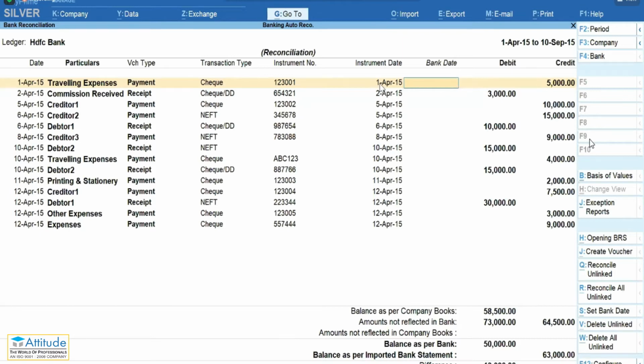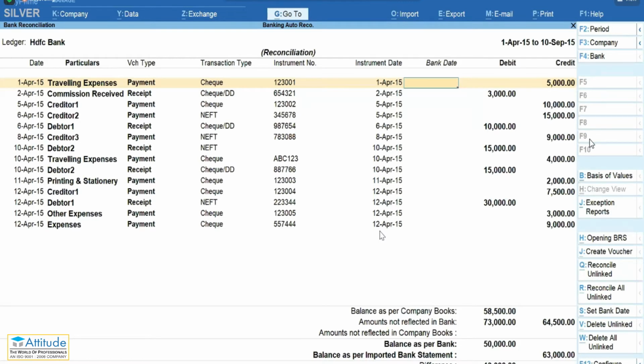The instrument date is the one where we entered it in Tally. The bank date is the one where the bank has cleared it. The bank statement that you get will have a bank date, which is the date when the payment has been cleared or withdrawn. That date can differ.